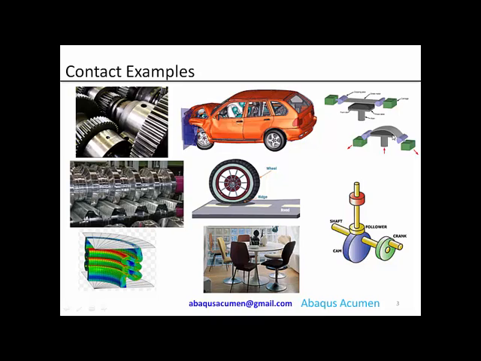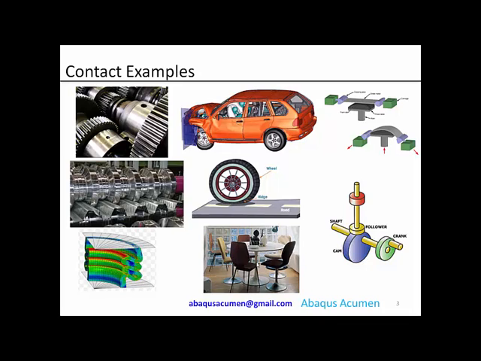Or you take a sheet metal forming process, where the load of the punch is transferred into the sheet metal using contact. Or you take an example of cam and follower. Or you take a simple example like a table and chair. If we sit on a chair, our body weight is transferred to the chair base, and from the chair base it goes through the chair legs and is transferred to the floor. Or you take a table, you keep whatever on the table, that weight is transferred to the table, and through the table it goes to the floor.